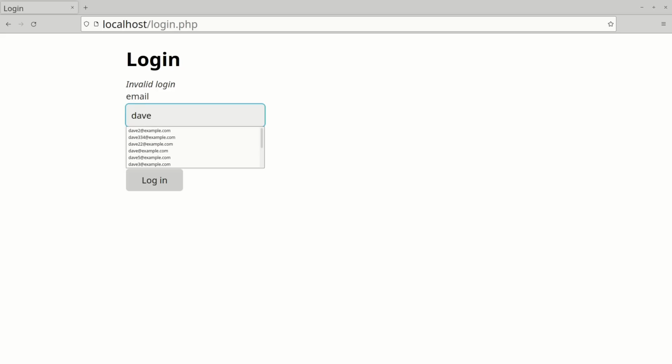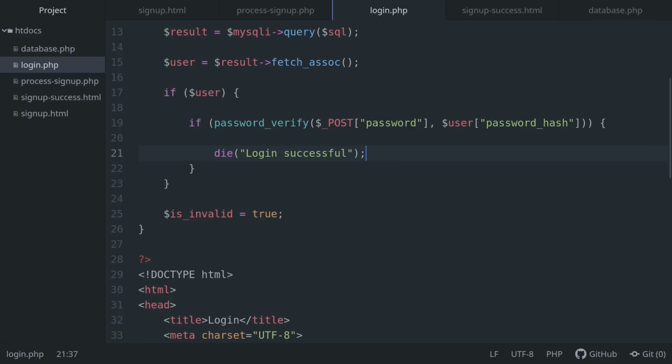Now if we enter an email in the form and submit it, the value is remembered when the form is redisplayed. If I enter valid credentials, we're shown the login successful message. Instead of showing this message, we can now log the user in. To do this, we'll store the user ID in a session. Sessions are used to remember values between browser requests. PHP handles this automatically by generating and storing a unique session ID in a browser cookie that's used to uniquely